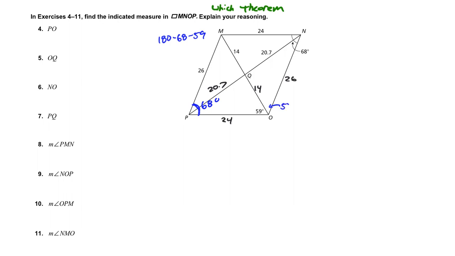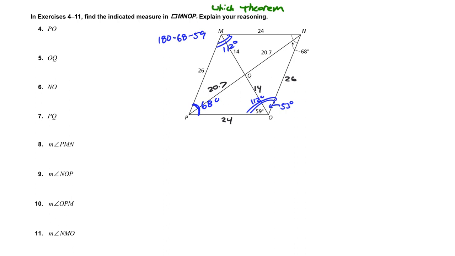So this is 53 degrees. And also 59 plus 53 means this whole thing right here is 112 degrees. So this whole thing is 112 degrees. I pretty much have every single thing figured out. So now we can go through and write down all of our answers, but then we can go back and say,